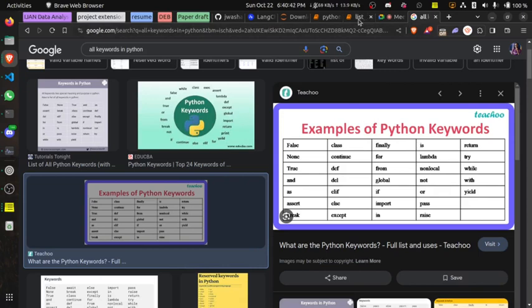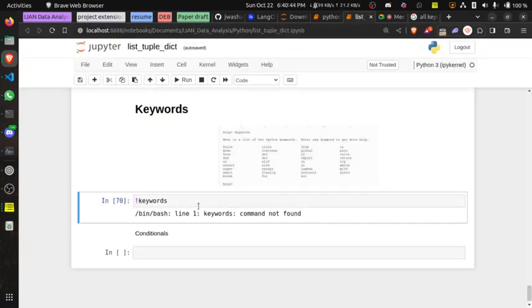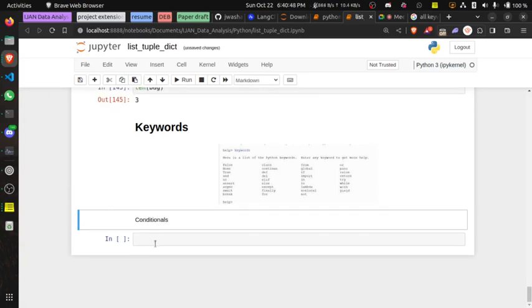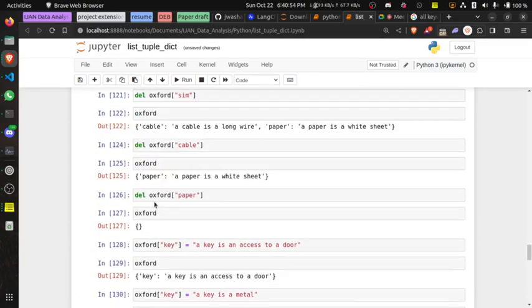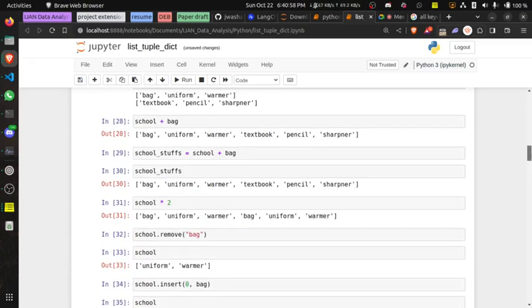So having explained what a keyword is, I think I can now go to conditionals. So when you saw del, you can see that del is a keyword. Which other one did we use?